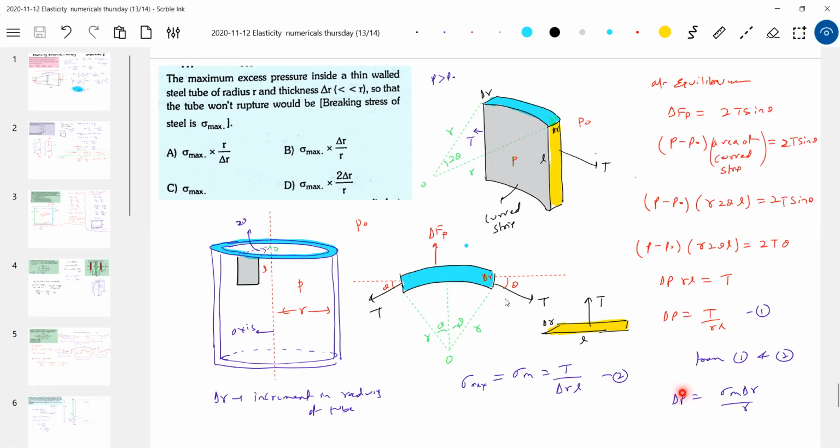There is a maximum permitted pressure difference, and that depends on sigma m, which is a property of the material. When delta P becomes greater than the permitted value, cracks will come, and the liquid starts oozing out of the pipe, causing leakage. So when transferring gases or liquids through a pipe, you have to see that the pressure difference does not exceed this value. If it does, cracks and fracture will come.